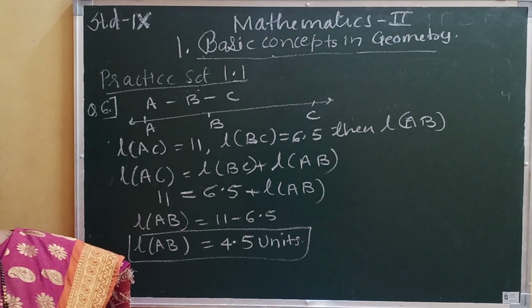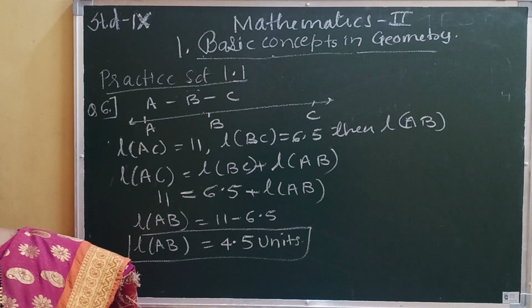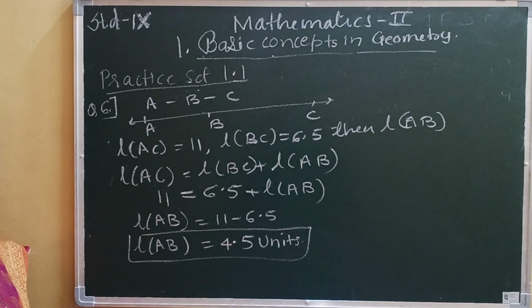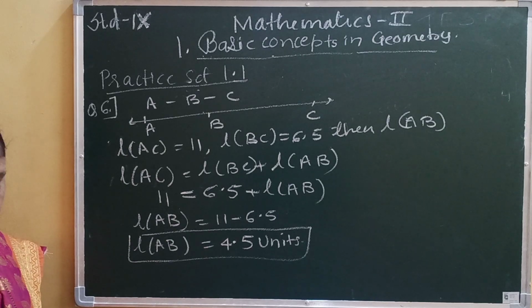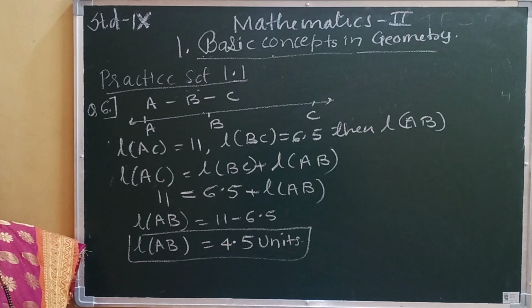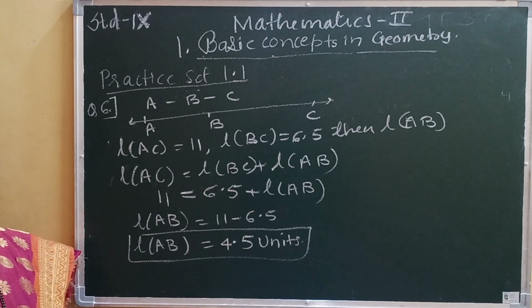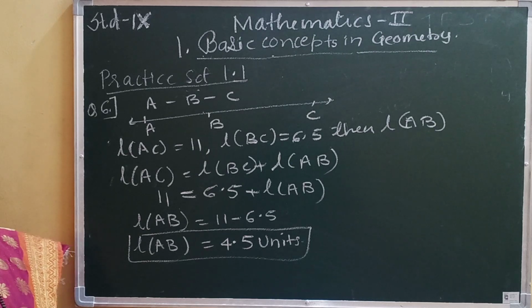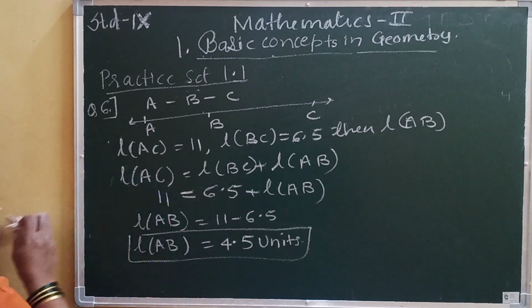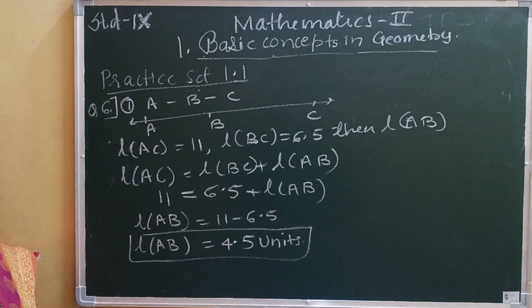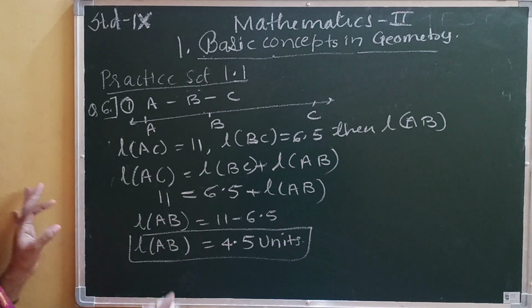Now next, the second question: if length RST, and so on. Instead of taking the second question I will take the third, because the second you can solve yourself, it is easy, you just have to do the addition. Now I am taking the third question. The first question is done. Second you solve yourself in this way.